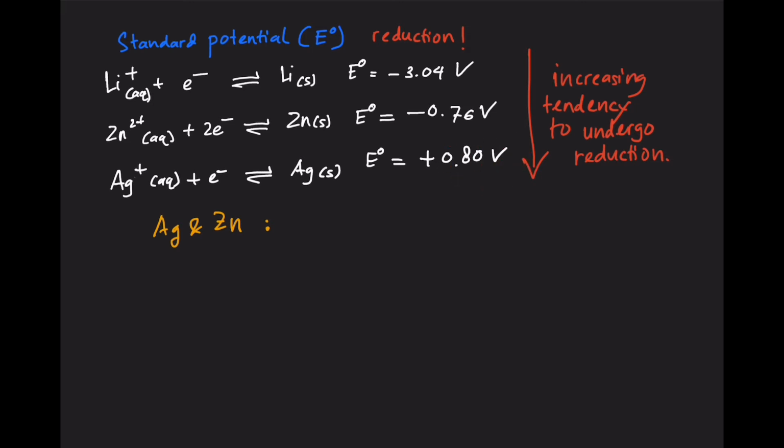Therefore, in this case, if you write down the cell notation at the cathode, you will get Ag+ | Ag,